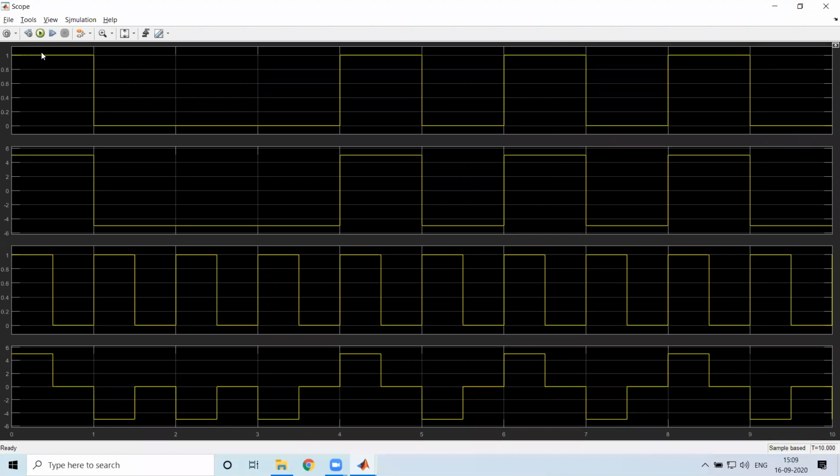Now you can see that changes have come in. This is logic 1, which is represented in NRZ as +5 volt. Then this is the pulse, which is on for 50% of the time and off for 50% of the time, and it is repeating after every 1 second. So 1 multiplied with 5 is 5 volt, and 0 multiplied with anything will be 0. So for half of the bit duration the value will be present, and for the remaining half it will be 0. This is the overall result of the NRZ and RZ polar, and this is done with the help of